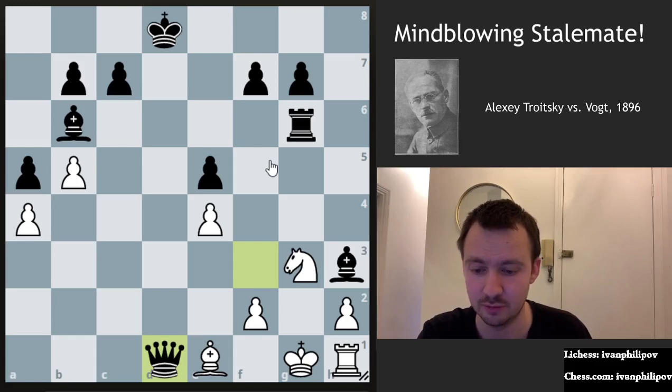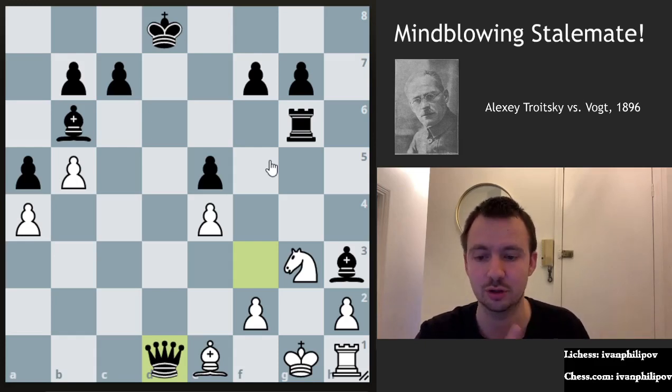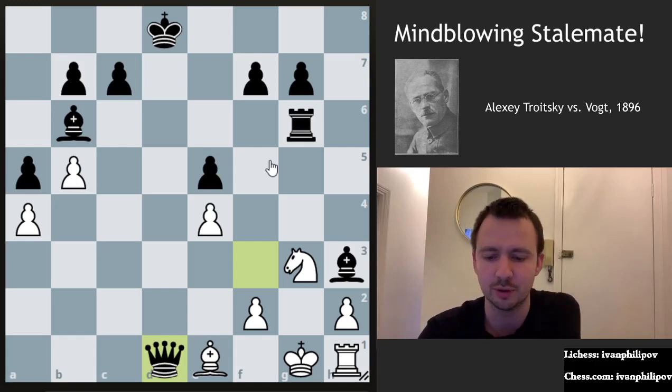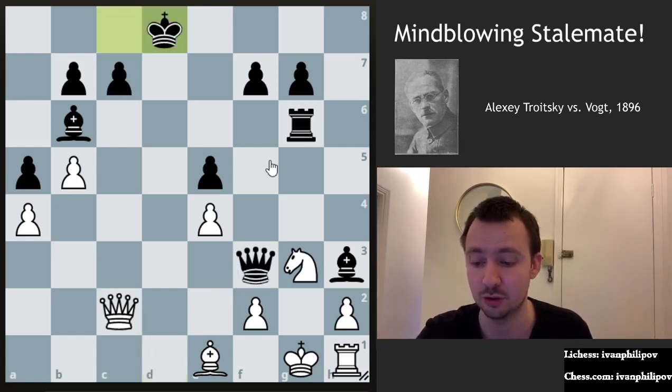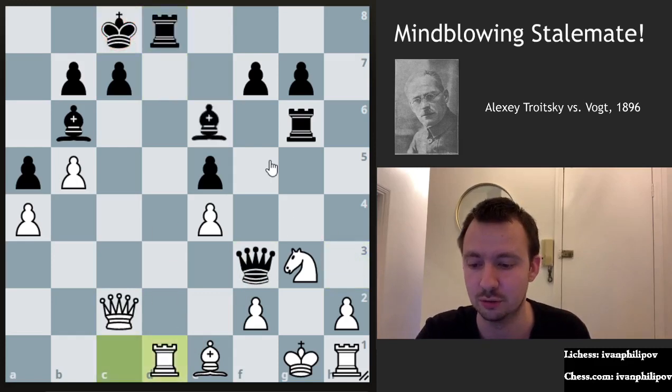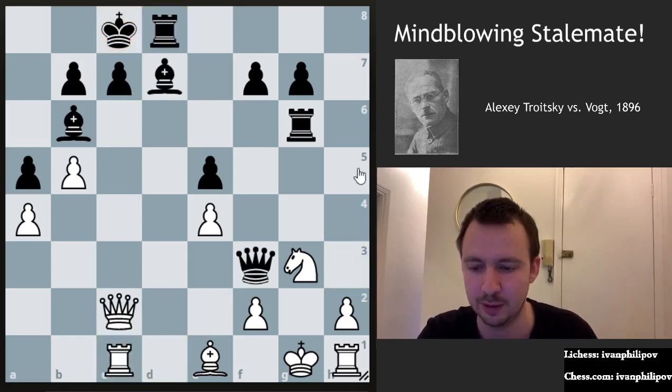I personally have never seen a stalemate with 9 pieces on the board, and such activity in general. Sometimes there are a lot of pawns that are blocked, but when you have a bishop, a knight and a rook, I think it's extremely rare to get stalemate. And especially to come up with this ingenious solution where pretty much whatever you play here,